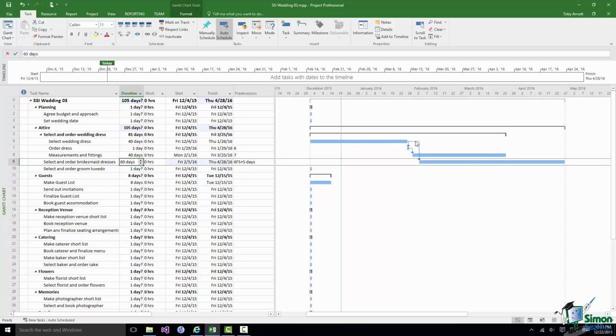So that's a lag, and I could also have said, let's have a lag of -5 days. Now what that is, a negative lag, we often refer to as a lead. We still have a finish to start relationship, but what the relationship now says is that the second task can start 5 days before the first task finishes. So we can actually get started on selecting and ordering the bridesmaid dresses 5 days before we finish selecting the wedding dress. Now I'm going to restore that to being a lag of 0 days in a moment, but first of all